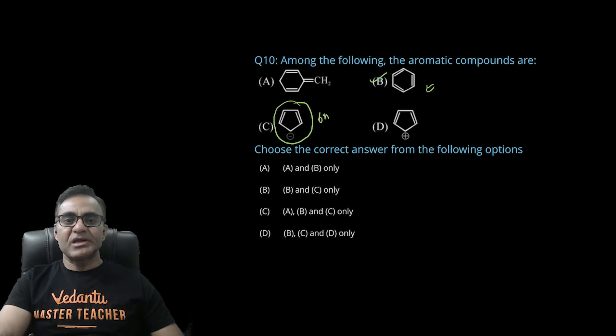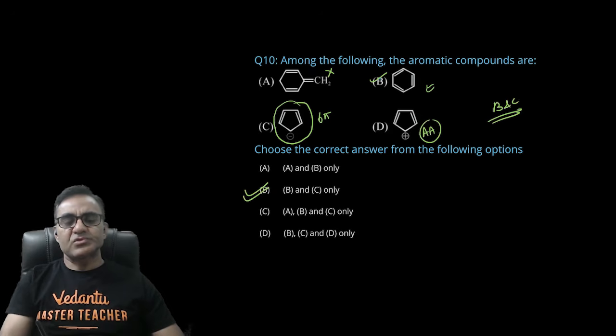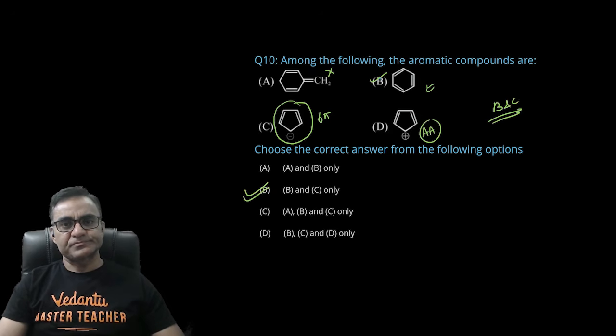इसके अंदर भी 6 पाई इलेक्ट्रॉन है, सारे डीलोकलाइज्ड फॉर्म में है। ये नहीं होगा, ये नॉन एरोमेटिक होगा, क्रॉस कॉन्जुगेटेड है, क्लोज लूप नहीं बनेगी। ये एंटी एरोमेटिक है, एक्चुअली इसके अंदर 4 पाई इलेक्ट्रॉन्स ही अवेलेबल है। सो बी एंड सी आर एरोमेटिक, सो बी इज गोइंग टू बी द राइट आंसर ऑफ दिस क्वेश्चन।